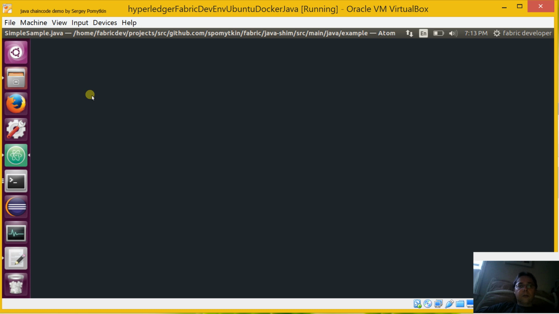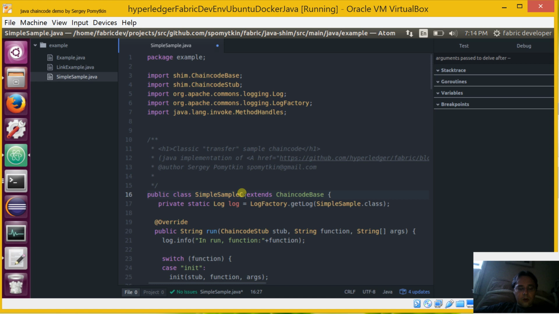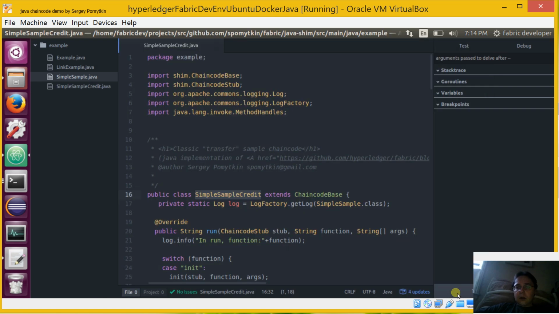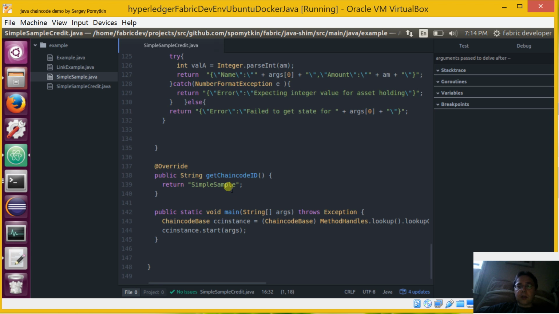So let's say instead of just disallowing the transfer of more than we have on a certain record, we can introduce a credit notion into this Chaincode. So let's call it credit, and save this file under the new name. So a simple sample credit, and there are a few things we have to change so our system would recognize that it's a different